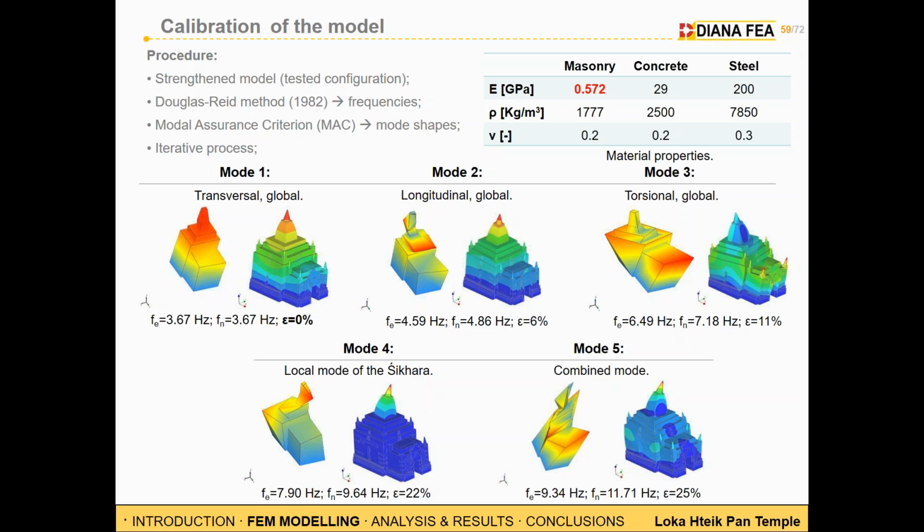What does it mean? It means that we are going to compare mode by mode the experimental displacement and the numerical displacement for all the tested points when we perform the dynamic identification test. And therefore, as you can imagine,